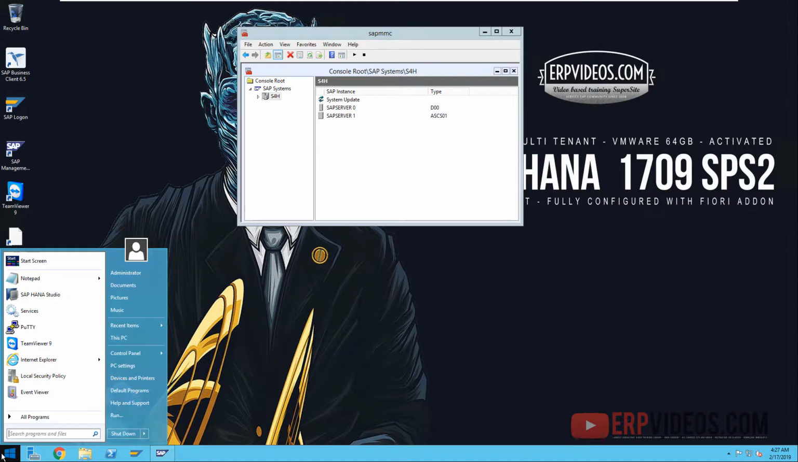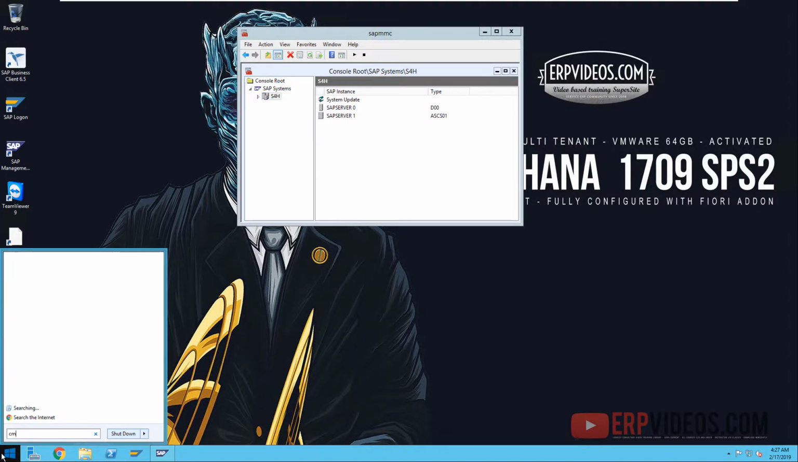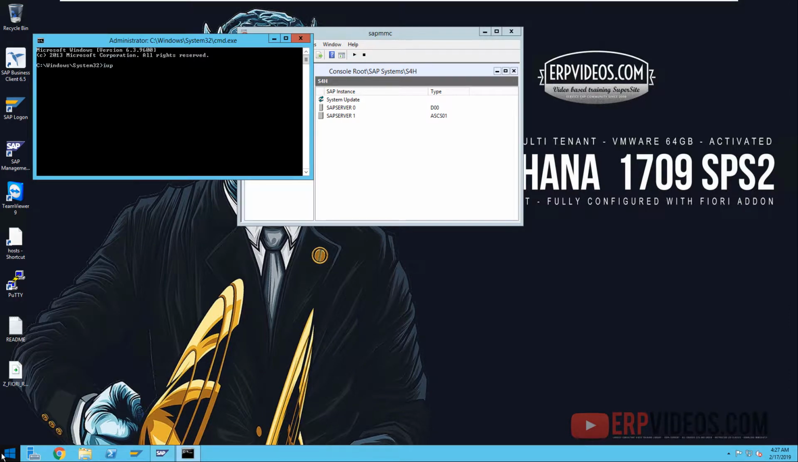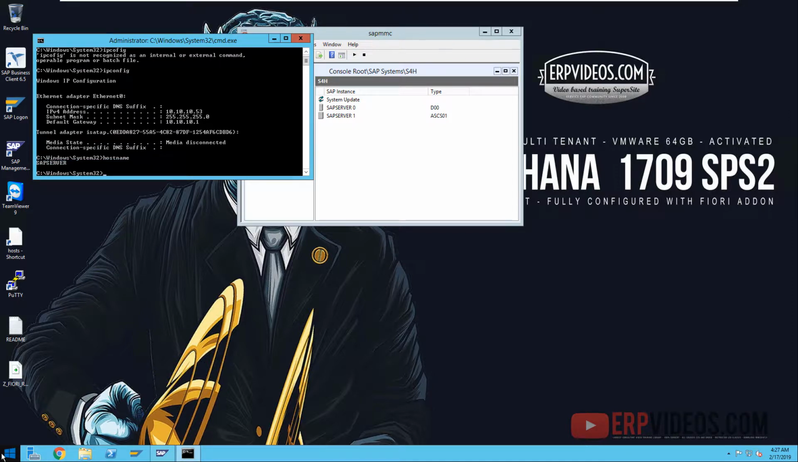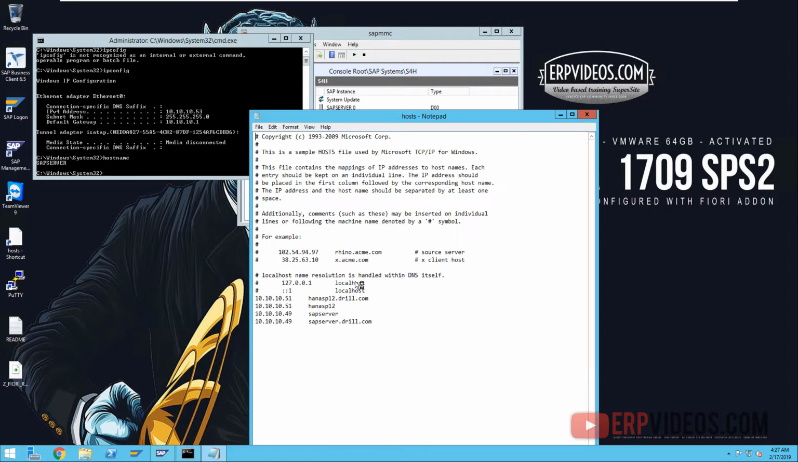But since this is the machine that we created, in the Windows CMD, ipconfig is the command. Okay, so you can see my IP address is 53 and its host name is SAP server. So you just have to see, my SAP server number is actually wrong. It's 53 and 53. So I have to change it, save,